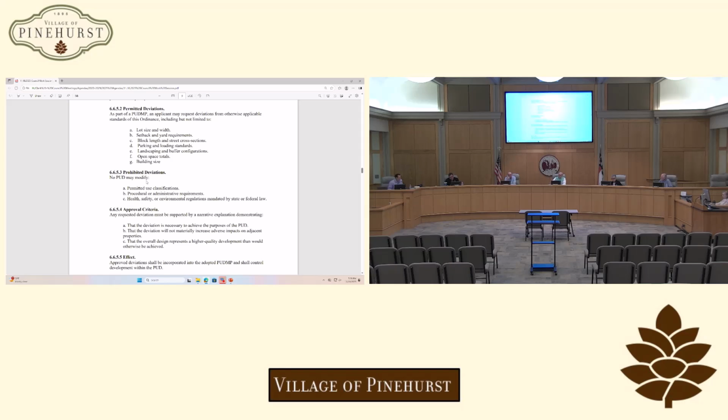That's what makes me nervous for the residents, that something is going to deviate, which is a very good word, permitted deviations, is going to deviate from the community that they've bought into. Oh, but it's not a guarantee. I understand it's not a guarantee, but it's leaving the door ajar. So what I would say is that you as the council have the ability to approve that master plan, and if you don't like the way it looks, you don't approve it. If you're convinced by the citizens that it's not the right plan for them, then it won't be approved.